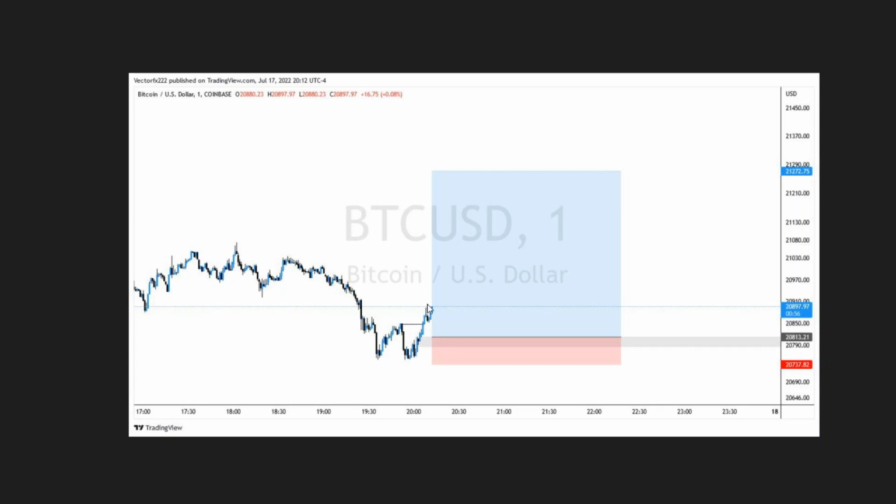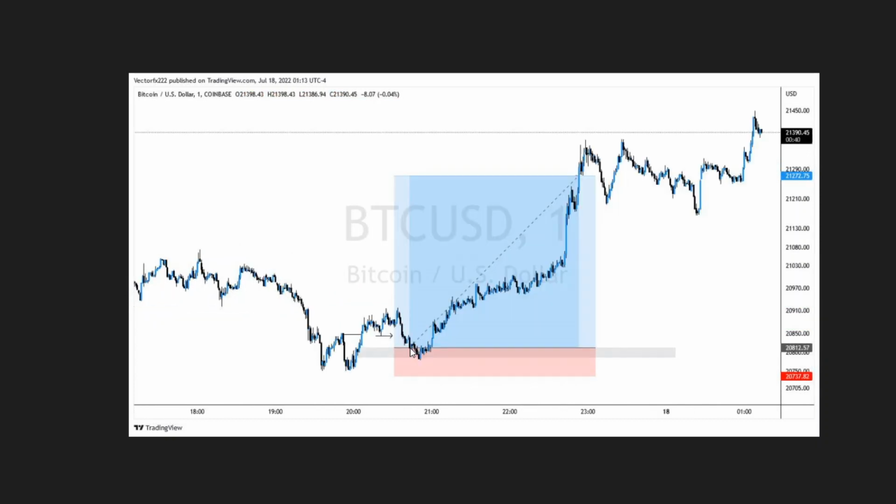Okay, price broke structure here. Then we're expecting price to make a pullback into a discount zone, into this hidden order block here. So we put our limit order here, and then price went a little bit high and then came back into our discount sensitive zone that we marked here, and then went all the way high